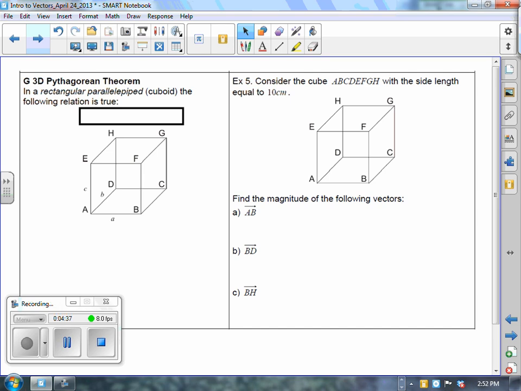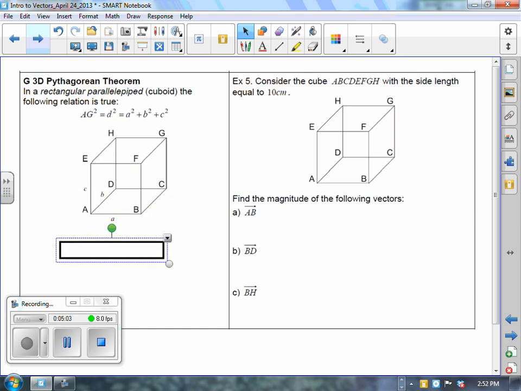Vector mathematics applies to higher dimensions, so certainly 3 dimensions, x, y, and z. So we have here on the left-hand side a cube. It is also known as a cuboid or a rectangular, and here's a tough one, a parallelepiped. So try to say that one 10 times fast. So the following relationship is true